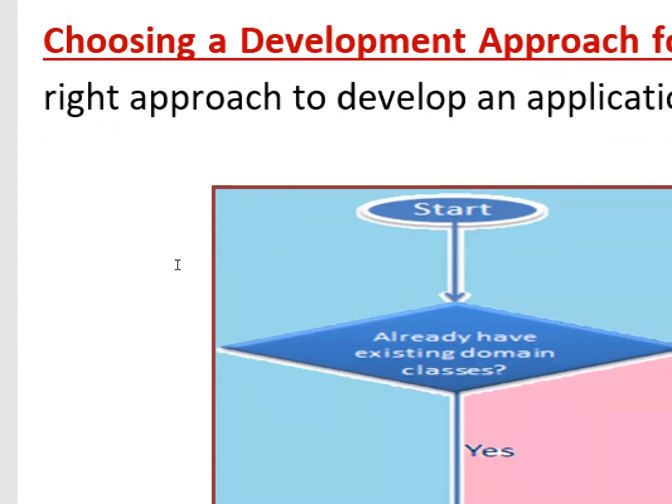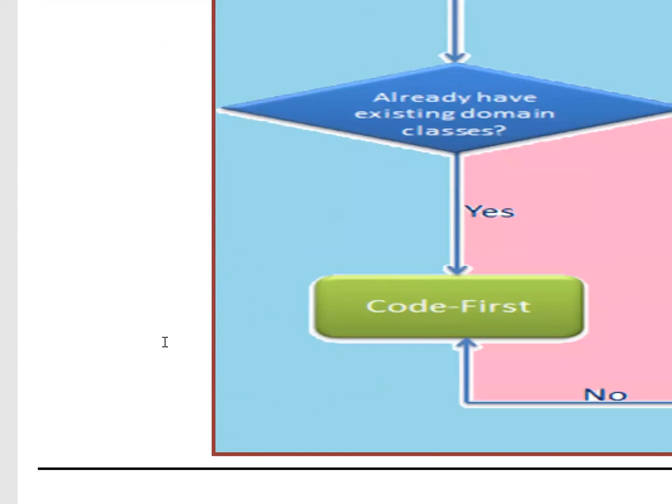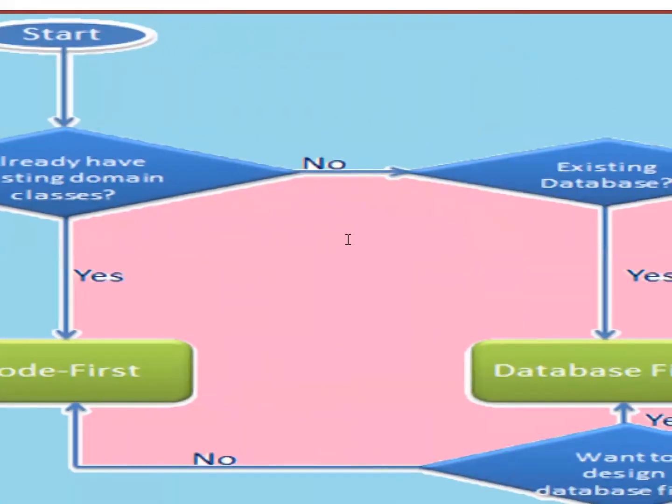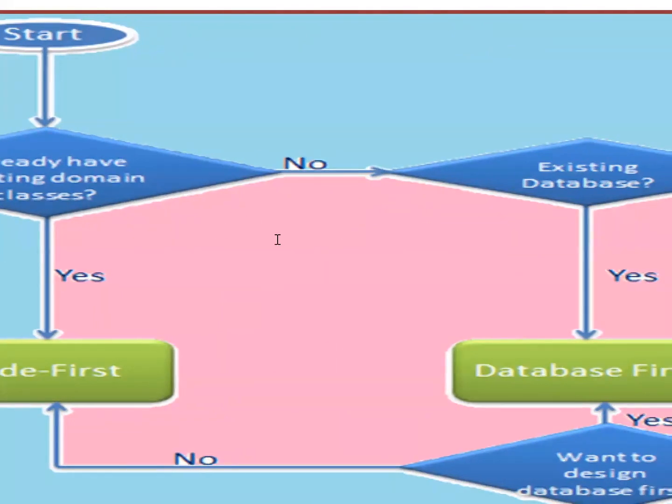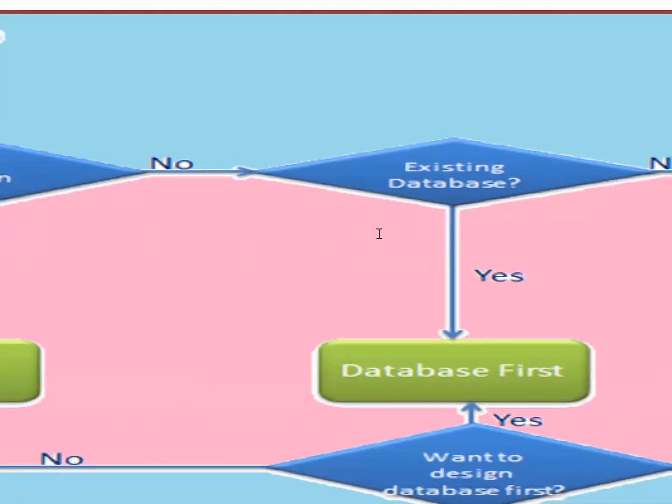If yes, code first. If no, don't go to DB first yet. If no is the answer, check: do you have an existing database? No model classes here. Then second thing, do you have a database? If yes is the answer, DB first. If no is the answer,